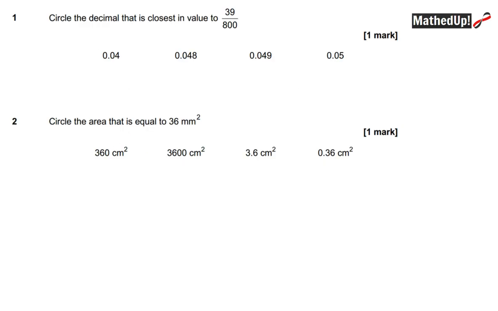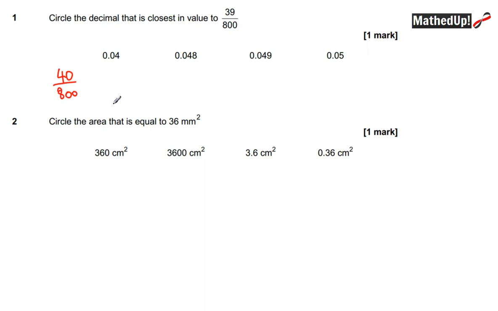Question number 1. Circle the decimal that is closest in value to 39/800. Right, for this question, because we're trying to get an estimate here, we're just trying to find the closest in value, I'm going to round this number to one significant figure. So instead of 39, I'm going to call that 40. So I'll write that over here. So I've got